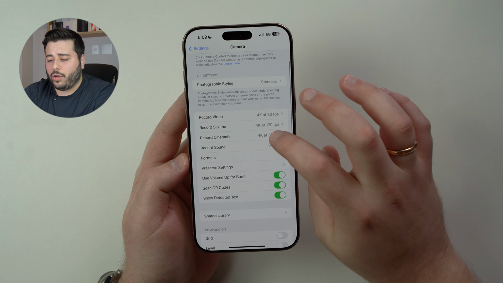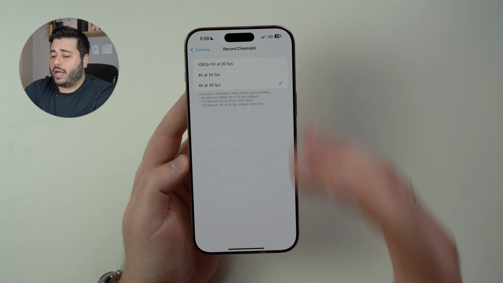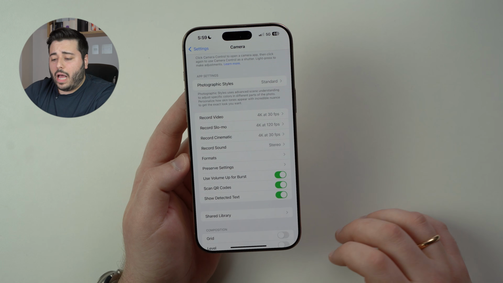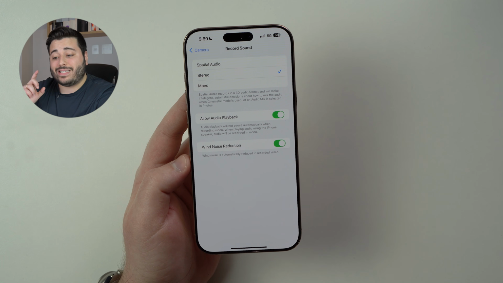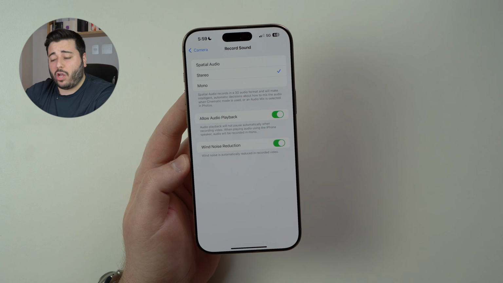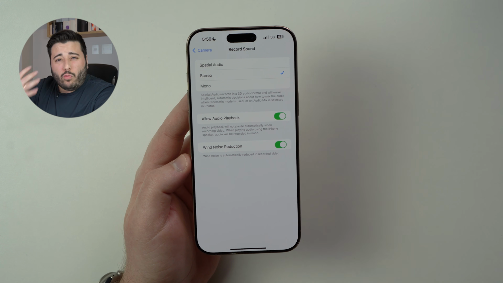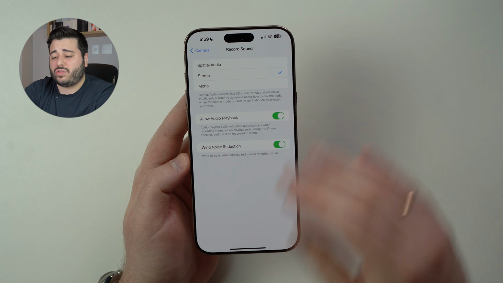Okay, let's come back here. Let's go for cinematic. Again, 4K 30 frames per second, the same setting we're using before. Let's go ahead here and take a look at record sound, and I would recommend stereo. I don't like spatial audio simply because sometimes it over processes the audio a little bit, so stereo is